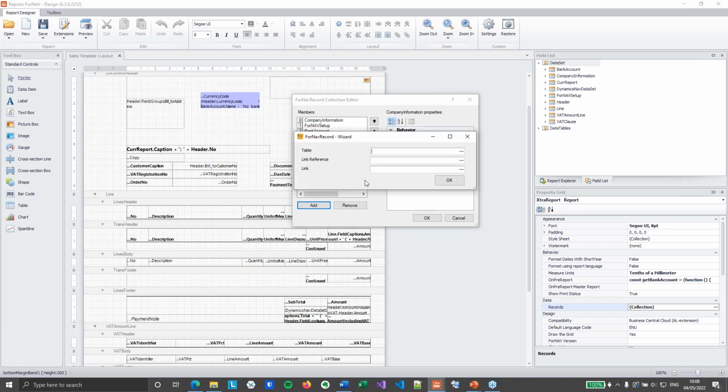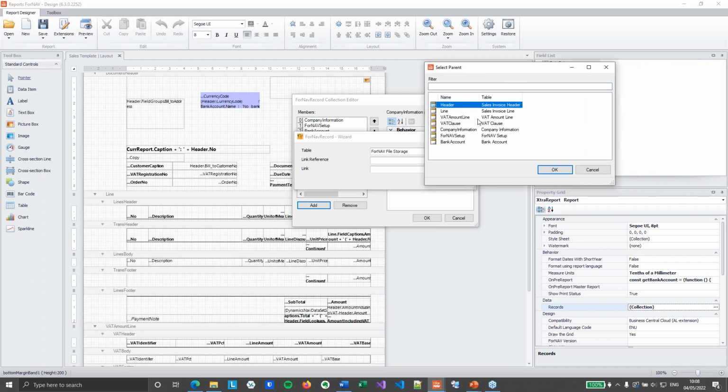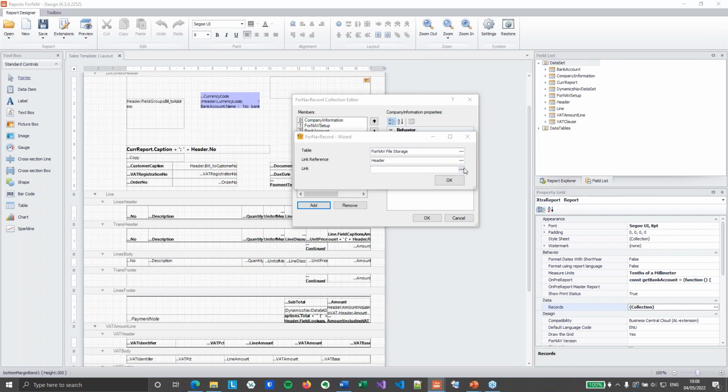So I'm going to add first the 4NAV file storage table. You can just type the table name if you know it. The link reference is going to be the header table, because I want to use a field from the header to create a link to my 4NAV file storage table. And the link I'm going to set up,